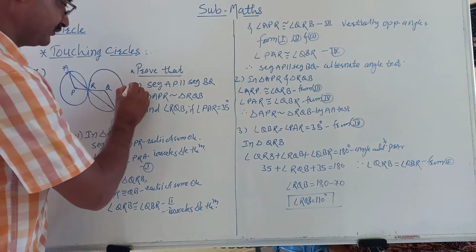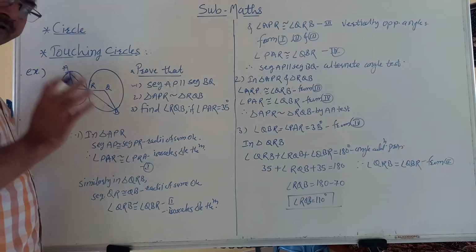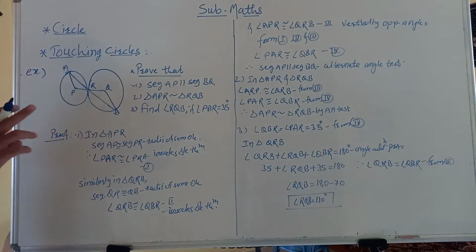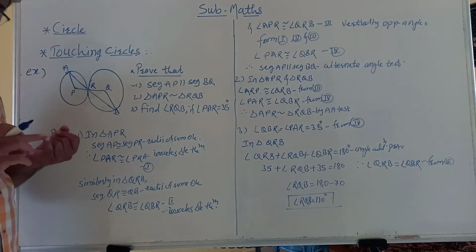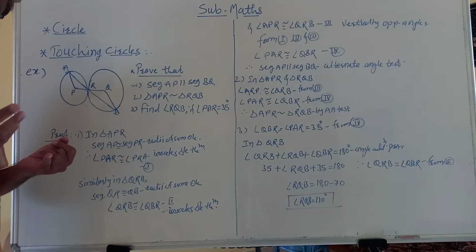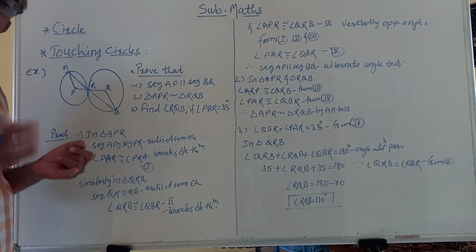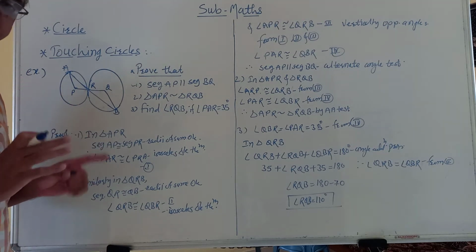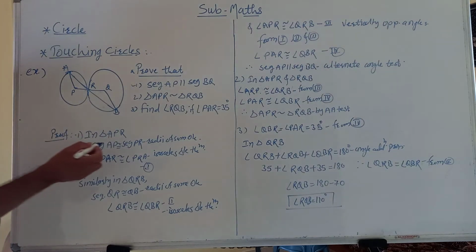First we have to show AP is parallel to BQ. Now we know when we have to show two segments are parallel, three tests are there. Any one of them you have to use and then show it. First one, alternate angle test: if alternate angles are congruent, then parallel. Then corresponding angle test, and then interior angles are supplementary. So which test we can apply here, you have to think, and then you have to find the proper theorem.